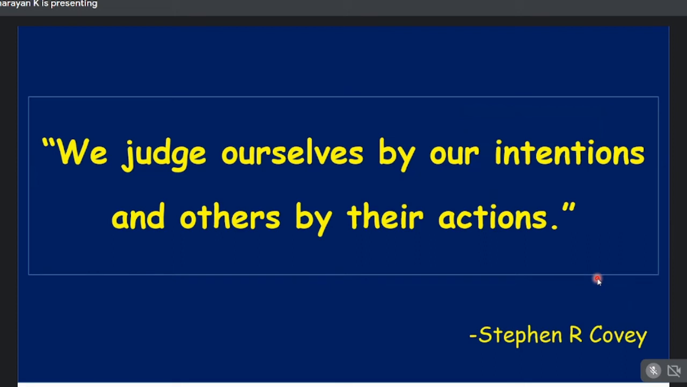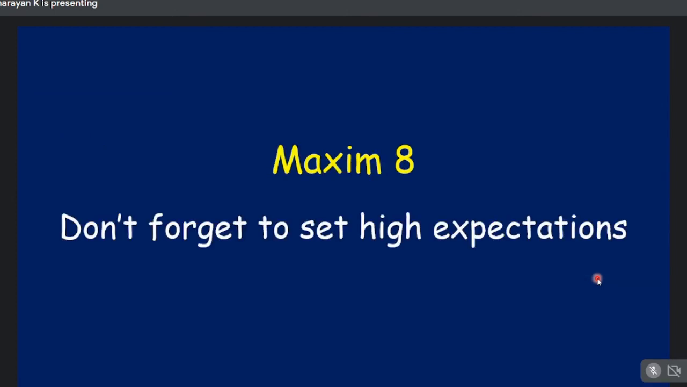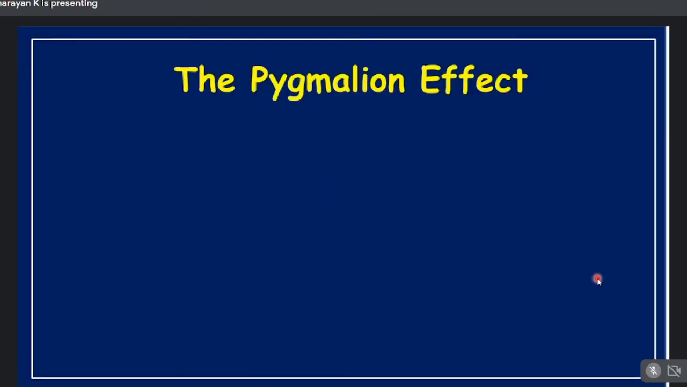We judge ourselves by our intentions, but others by their actions. This is the famous Stephen Covey's quote. Maxim 8, don't forget to set high expectations. And I am reminded of the story, the Pygmalion